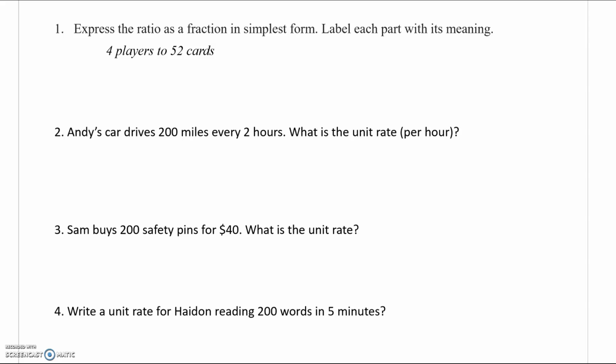So question number 1, express the ratio as a fraction in simplest form. Label each part with its meaning. So we have 4 players, 52 cards. So I usually set it up this way, right? So we put 52 cards, and then 4 players. And we can divide by 4 because we want to know how many cards per player. So we divide 52 by 4 to get an answer of 13 cards